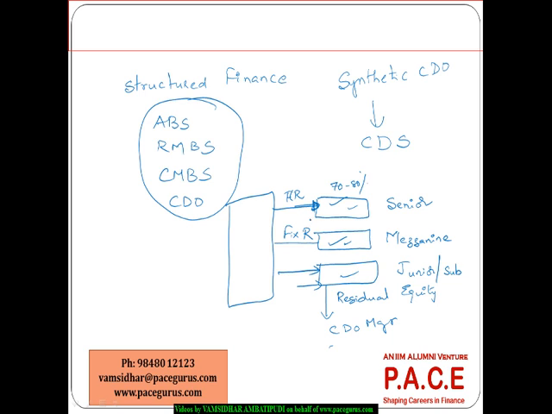And if from here there is a huge pool of bonds and loans, let's say they are paying more and more of a fixed rate of return, then probably the collateral manager, who is a part of the SPV here, can very well get into an interest rate swap, convert these fixed rate cash flows into floating rate, so that the matching can happen with respect to the payments towards the senior bond investors. So interest rate swaps can very well create that kind of cash flow matching.